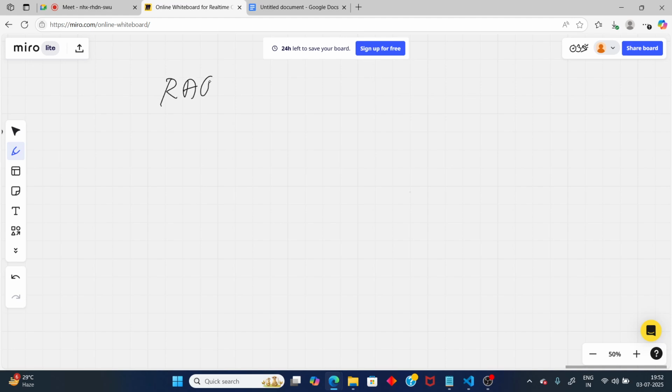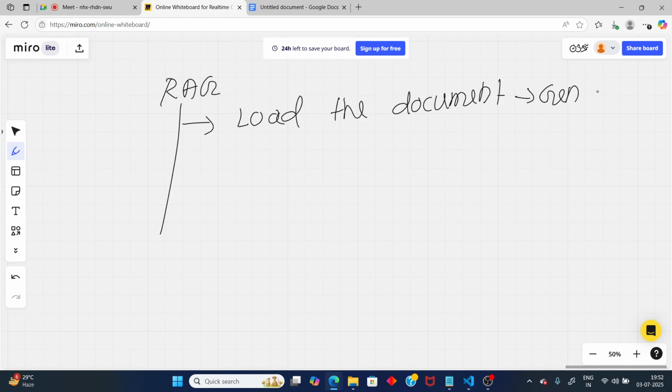RAG has a total of 4 or 5 steps. First step: load the document. I have already taught how to load a document in GenAI class, GenAI day 3. Second step, the chunking. I will teach the chunking part now. Third step, after chunking, we need to create